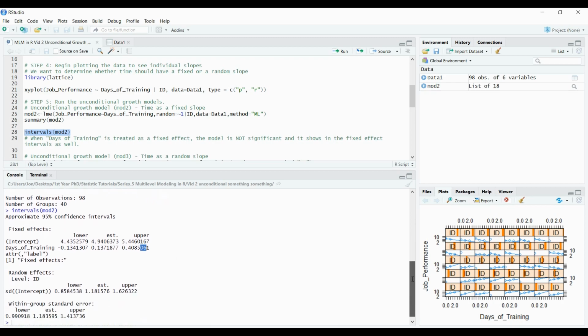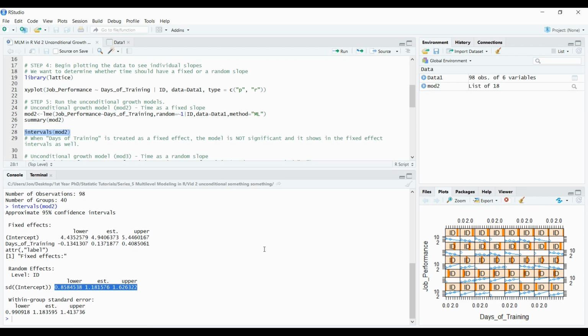But what's interesting though, if we look at the random effects, these are actually still significant, meaning there's still a lot of variability that needs to be accounted for within the model, and we can still capture that variability. So even though the fixed effect is not significant, we could see right away that the random effects are. And that's promising because that will help us then know that maybe there's other ways we can better structure that